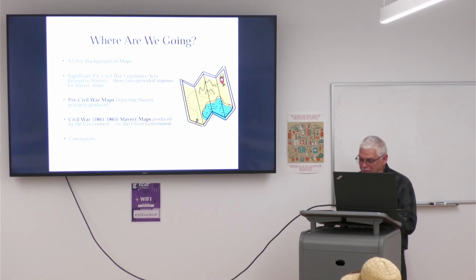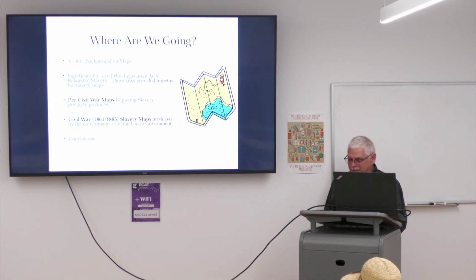Next, I'm going to cover the slavery maps themselves that were produced in the 1850s, the decade before the Civil War, and these maps were privately produced. And then I'm going to cover slavery maps produced during the Civil War by the Union government, and finally I'm going to have some conclusions. So first,